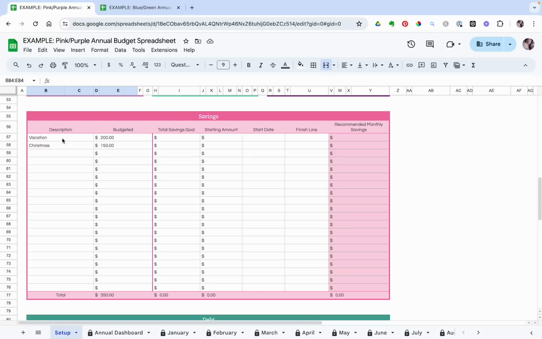Okay, so one of my areas I am budgeting for is vacation. So let's say my total savings goal for vacation is $2,000. That's how much I want to save up. If I already have some saved while I'm setting this up, then I can put that in here. So let's just say I have $250 saved already. I am going to put in my starting date. Let's say I'm starting on June 1st. And let's say I'm going on vacation on June 1st of next year. So I am going to say